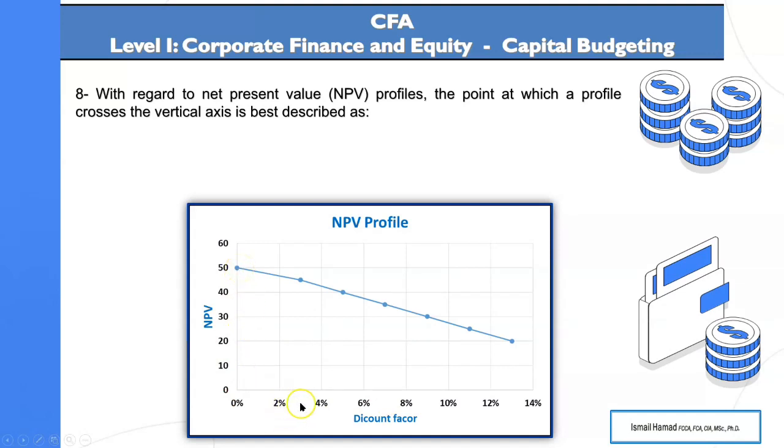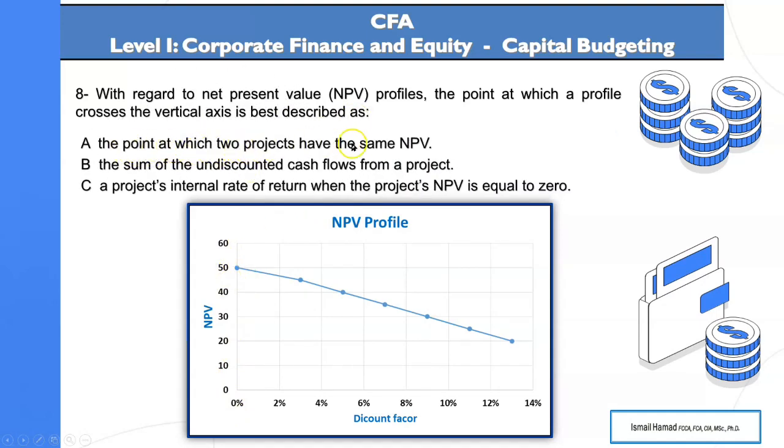But if I increase the discount rate, the net present value, which is this vertical column, the value goes down as we go further increasing until we reach the 0 here, which is a net present value equal to 0. The rate will be the internal rate of return. Now let us go back to our question. With regard to the net present value profile, the point at which a profile, this is a profile, crosses the vertical axis, this is the vertical axis, is best described as